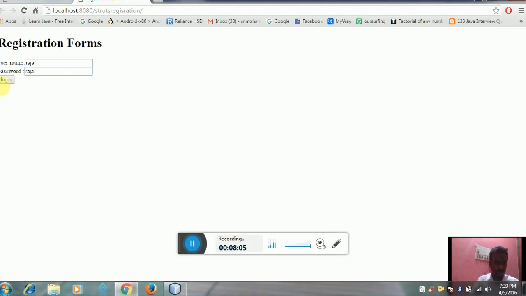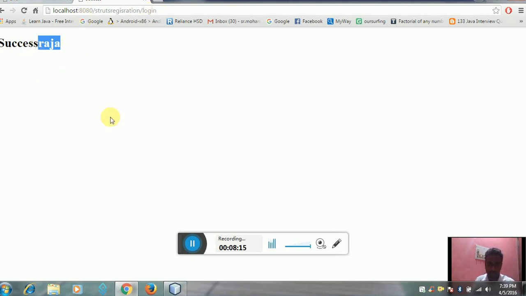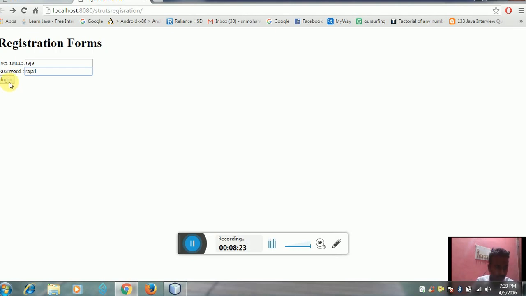Click the login option. On the success page, it gets the user; Raja, already typed as the username, is shown through the get method. If you type the password wrongly, it shows a message on the error page. That's all about the Struts 2 concepts.